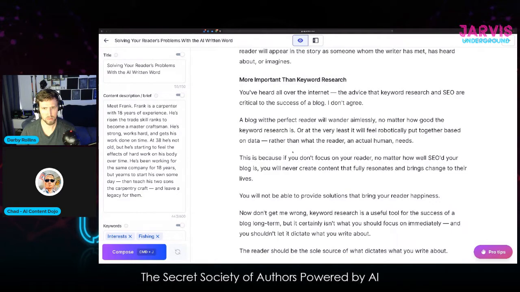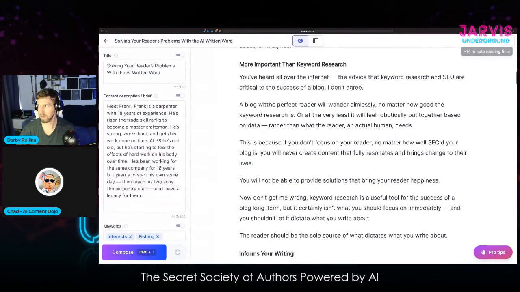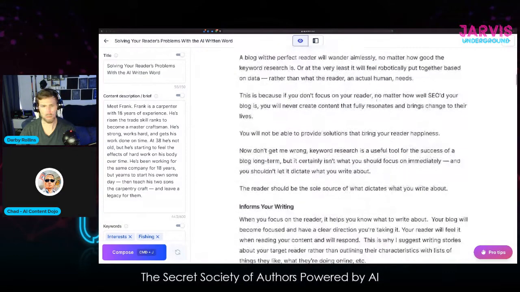This gives you the ability to craft your narrative thread upfront, so that the message you want to get across from the beginning of your book to the end is laid out pretty well. So when you get to the point where you start diving in to do the writing, which I haven't done quite yet, you can see I only got 2,800 words.